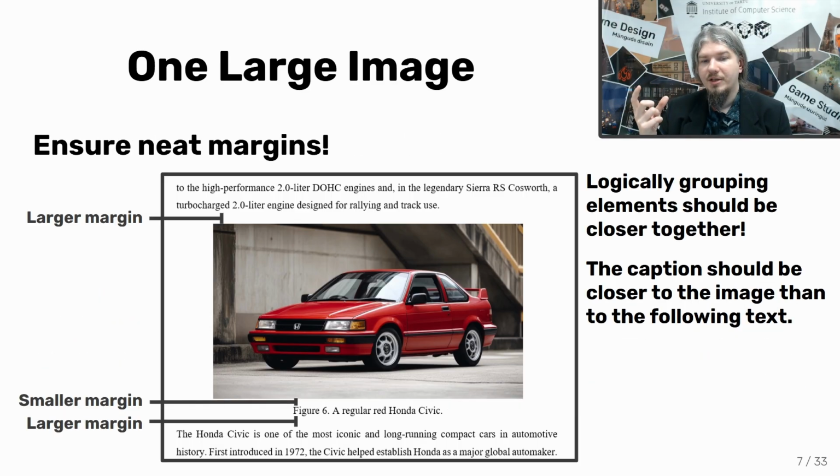Now, when you have the image and its caption, you should check the margins. So there should be a larger margin before the image and the preceding text. There should be another larger margin after the caption and the subsequent text. And there should be a smaller margin between the caption and the image itself. The reasoning here is that things that are logically grouped together should be visually closer as well. So the caption is about the image. So the image and the caption should be closer to each other than they are to the text preceding it